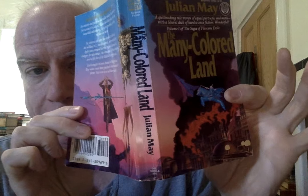See, we will get through this. We'll get through this in well under 20 minutes. I have another block. This is Julian May. This is the Pliocene Exile books that Julian May started out with. The Many-Colored Land. These all have these beautiful wraparound covers. Although technically there's only one cover for the first two, and this is a story set again in the future of humanity,